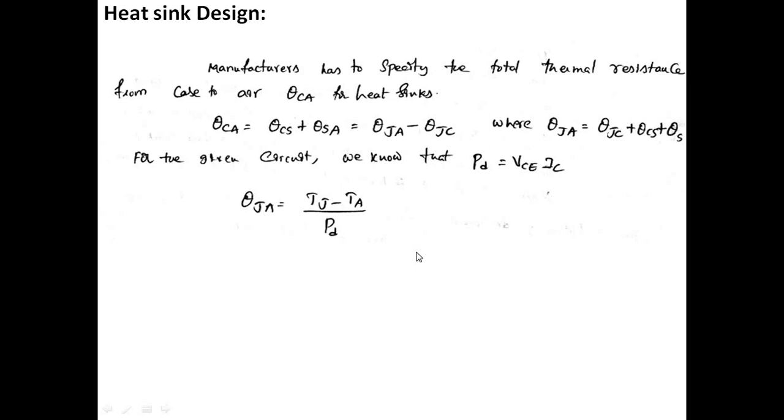Basically we need to understand that the main purpose of the heat sink is to avoid damage to the power transistor whenever there is power dissipation. This power dissipation is in the form of heat, and this heat will be uniformly distributed with the help of a heat sink. As a result, the temperature will be reduced, avoiding damage to the power transistor. This is the basic concept of the heat sink.